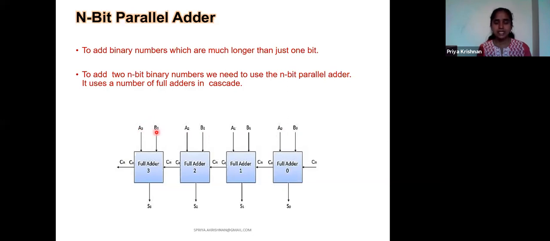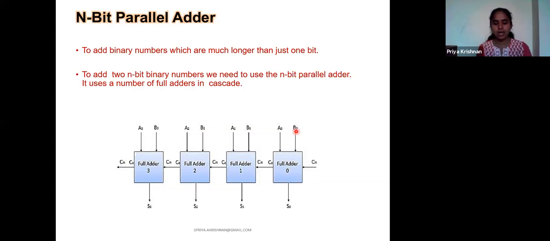So what it means is I have a set of A inputs and also a set of B inputs. My A set of inputs is changing from A3 to A0, and the B set of inputs is changing from B3 to B0. So these are my 2 inputs. How many bits in total? 1, 2, 3, 4: 4 bits in my A set. And again 1, 2, 3, 4: 4 bits in my B input.